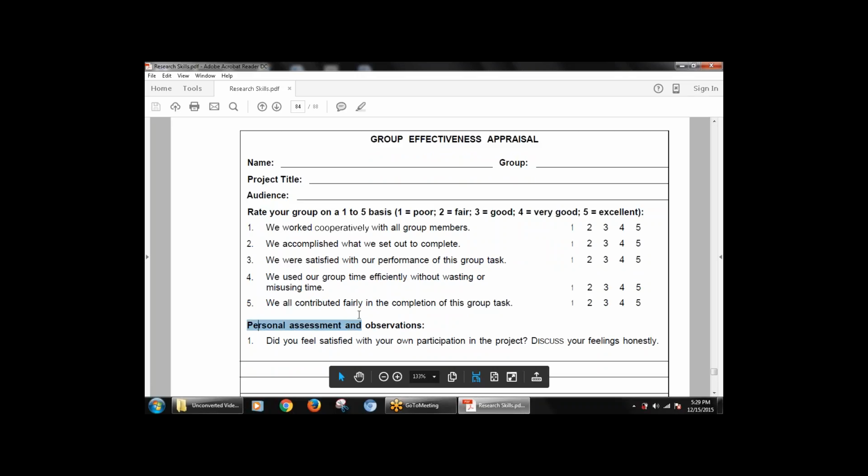The next is the personal assessment and the observation. That is, what are the various personal assessments that are available? What are the various observations, that is, personal observations? So first is, did you feel satisfied